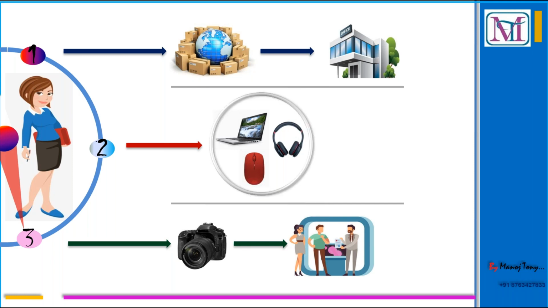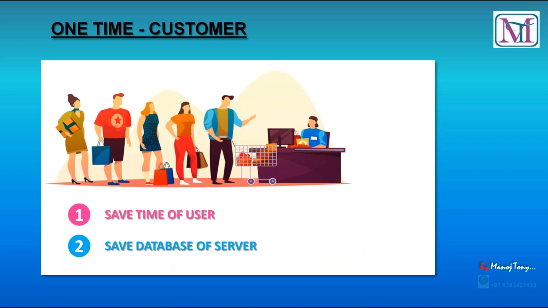Again, we have to allocate assets through the consignment fill-up process. So in these three processes, we have to create employee as a customer. Then one-time customer. First we have to understand what a one-time customer is. A one-time customer is one with whom the business does not deal on a regular basis. It may be one time, or it may be once in a while.